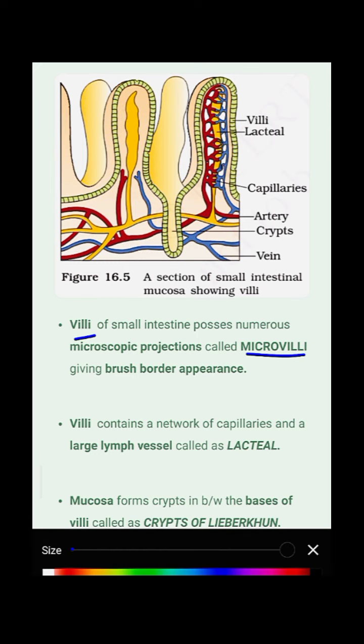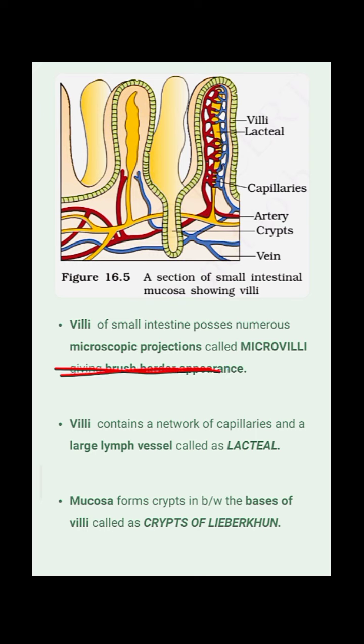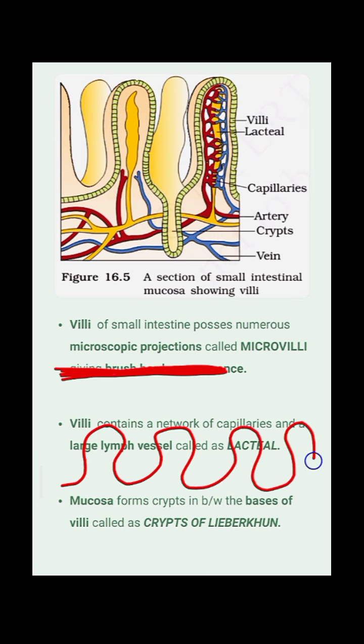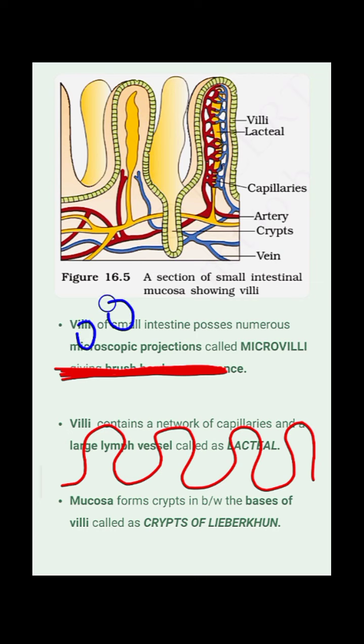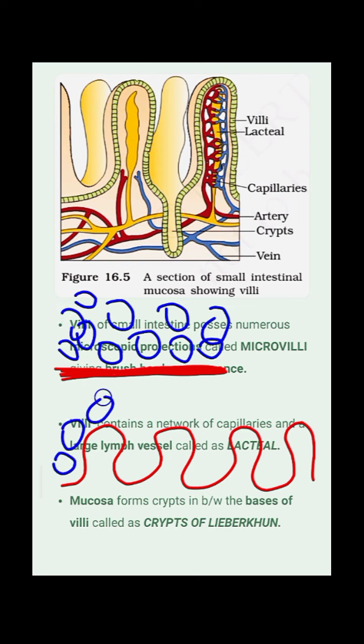The reason behind this is, assume this to be the mucosal layer. It does not have any villi, it is a simple mucosal layer, and this one is the modified mucosal layer. Once the food is digested in the stomach, it comes to the small intestine where all the nutrients have to be absorbed, so that those nutrients can be transported by the blood to where they are required. So the food came here, food particles are here, and in this also the food particles are here.